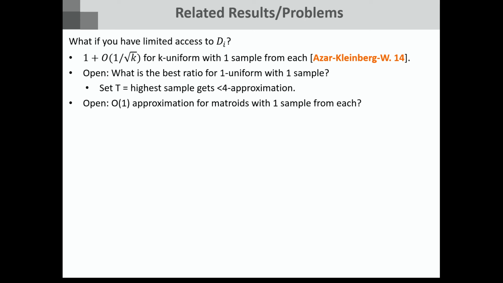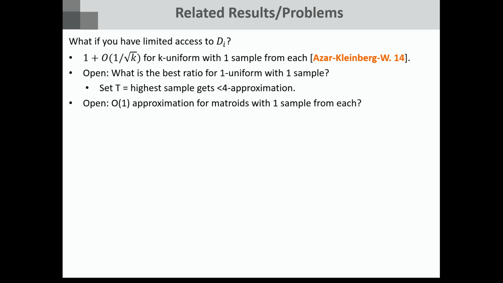Okay, another question. So maybe this was a little bit subtle and I slipped it past you, but if you wanted to use the thresholds for the matroid profit inequality, you do need to compute some pretty intense expectations every time you process a new element. This is certainly possible to do if you have the right access to the distributions, but a reasonable question to ask is what if you don't have the right access